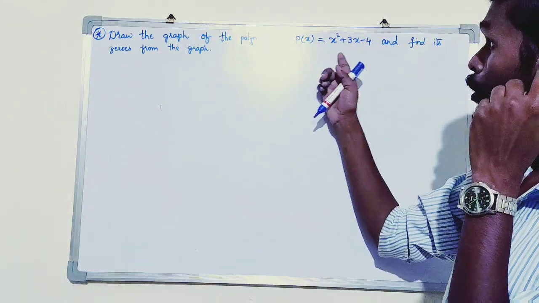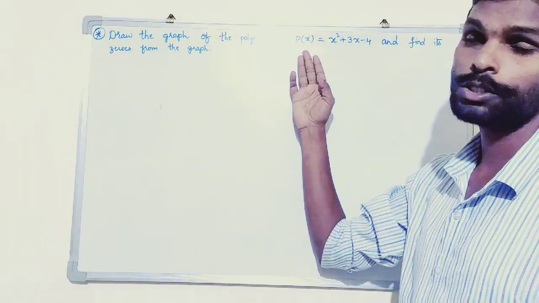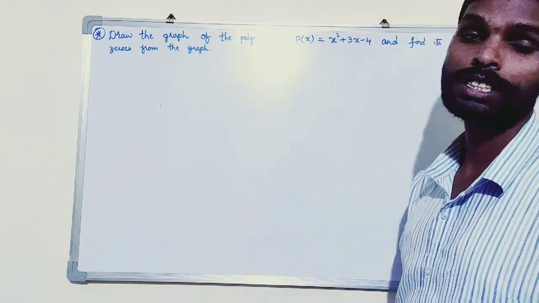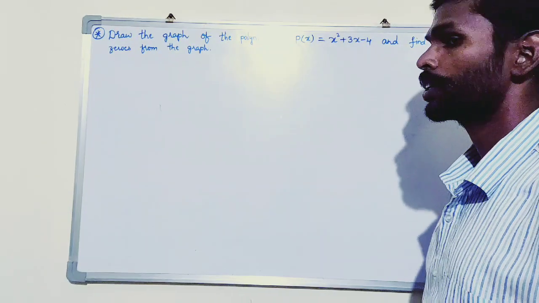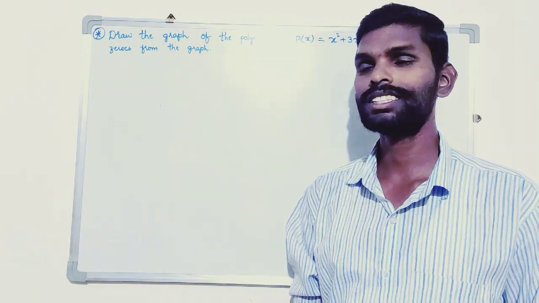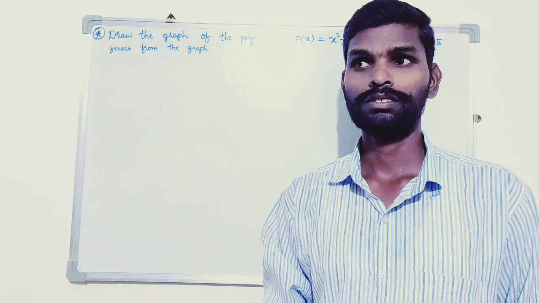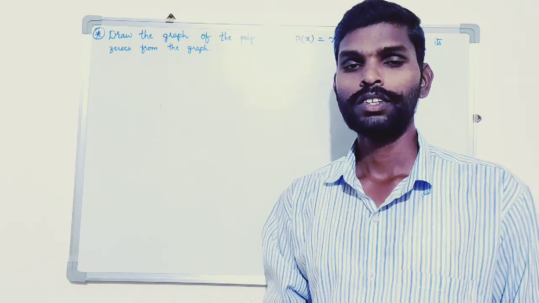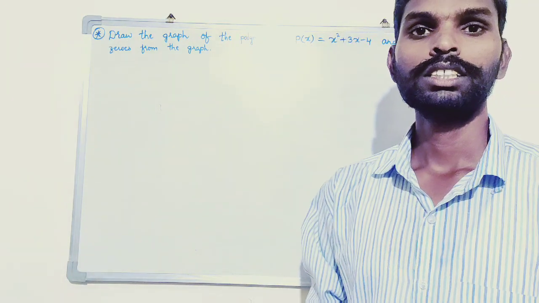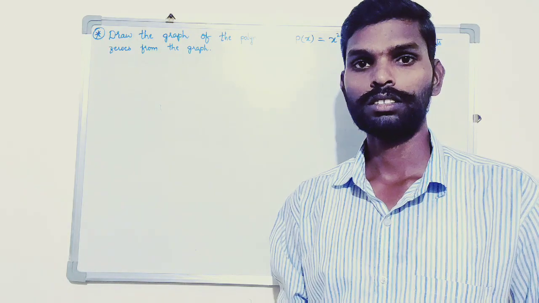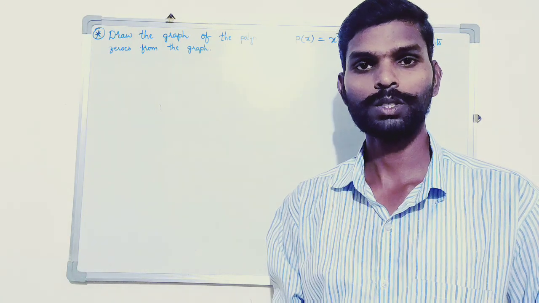Actually, in this polynomial the variable is x, since p of x is given. For different values of x, you have different values of p of x. So clearly we can say that the zeros of this particular polynomial are the values of x where the curve touches the x-axis. Whether it is a curve or a line, we don't know, but see the definition of zero: the point of intersection of the graph and the x-axis is called a zero.